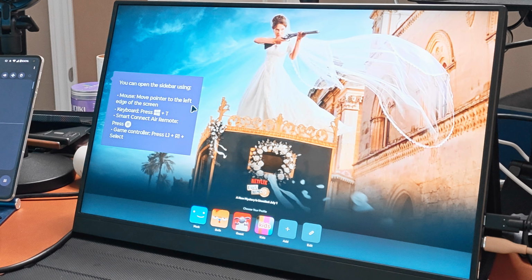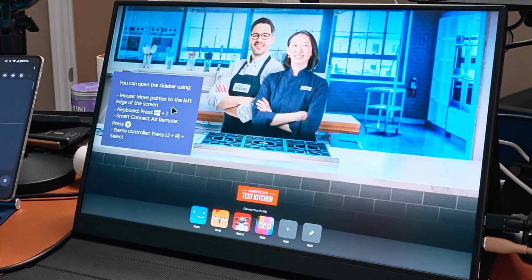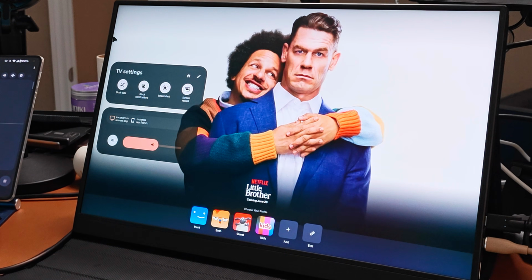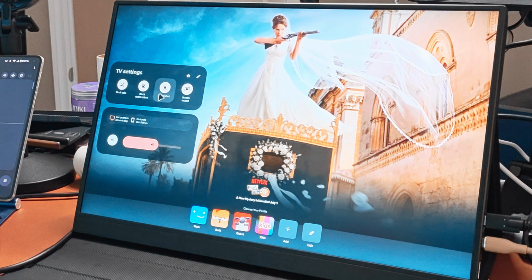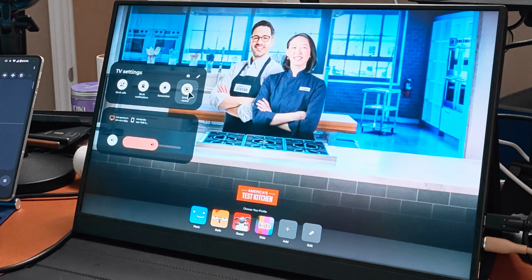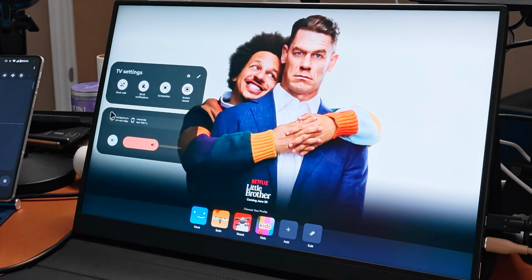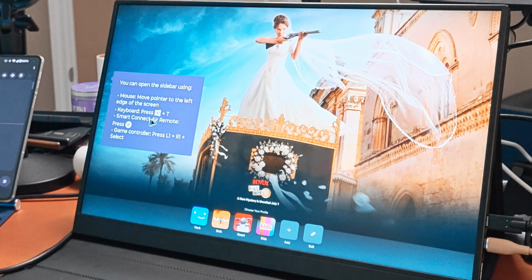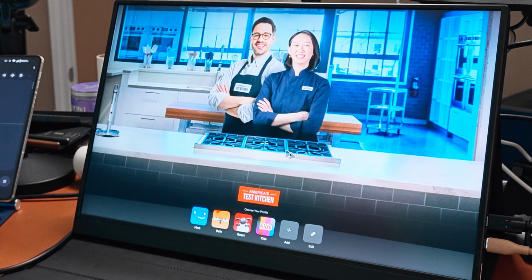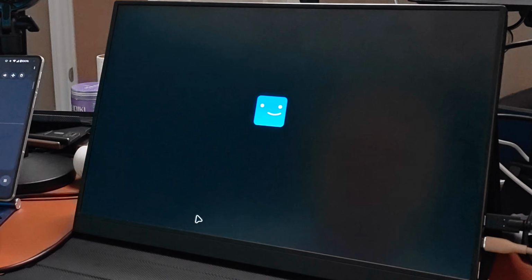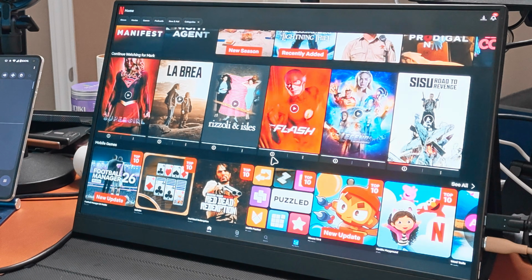There we go. And you can open up the sidebar using a mouse. Move the pointer to the left edge. Okay, so, oh, is that what this is? This is the sidebar. Okay. You could do, oh, you can screen record from here. Okay. So I can screen record this thing. So that's nice. Keyboard, press the button, Smart Connect, Air Remote, press. So there's some interesting features here. So if I go right into, there it is, there's my Netflix,